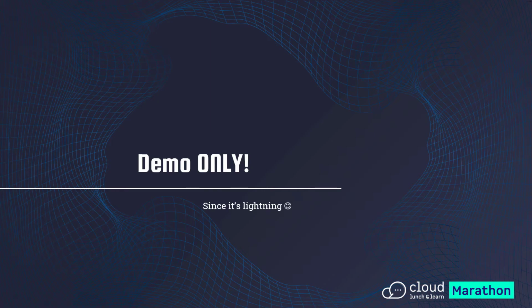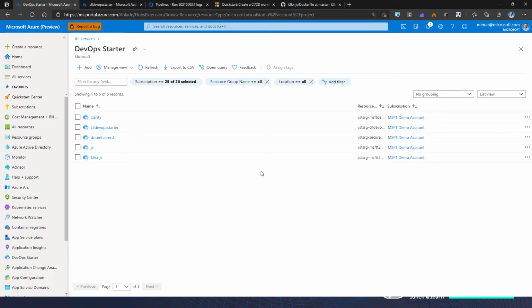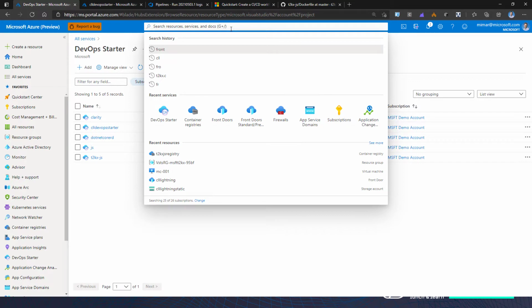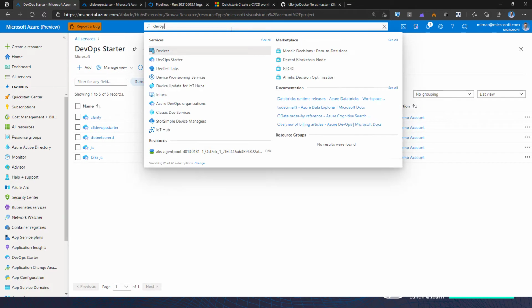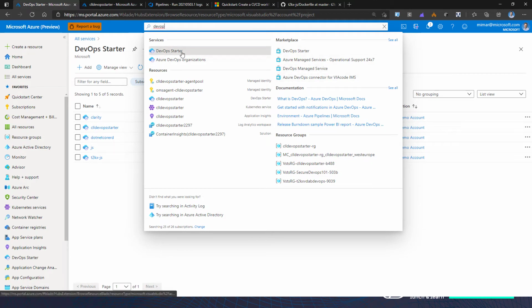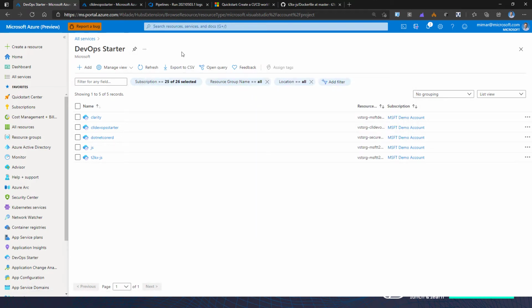So when we go to the Azure portal, there's this thing called DevOps Starters. If you look for it at the search bar, you can see DevOps appearing where you type it in. Now, the DevOps Starter is actually there to help you quickly set up a DevOps environment with a full CI/CD pipeline based upon multiple technologies, multiple languages, but also multiple ways of building your pipeline